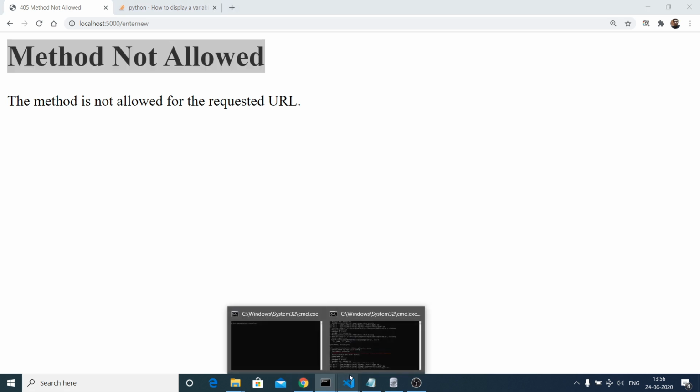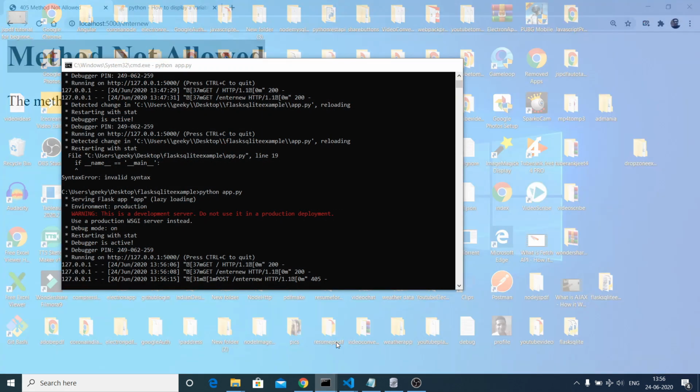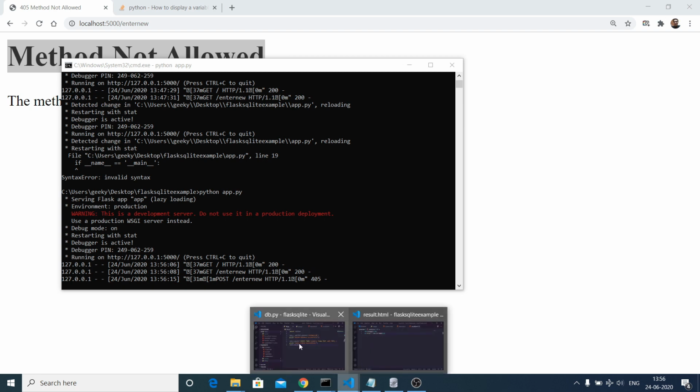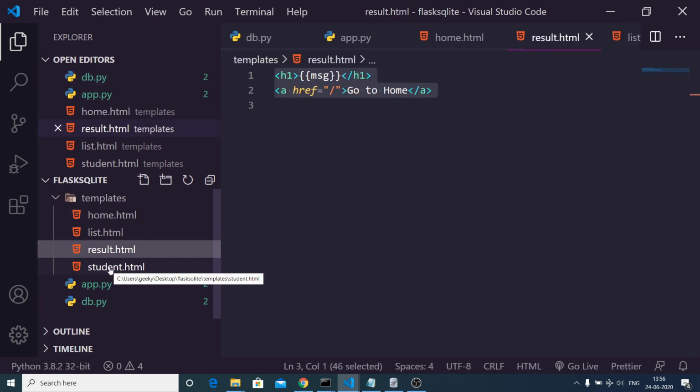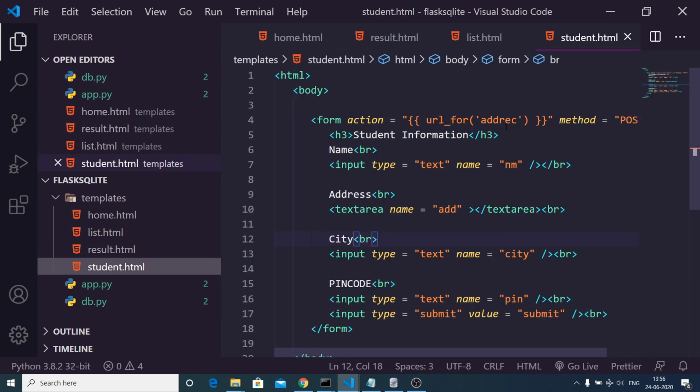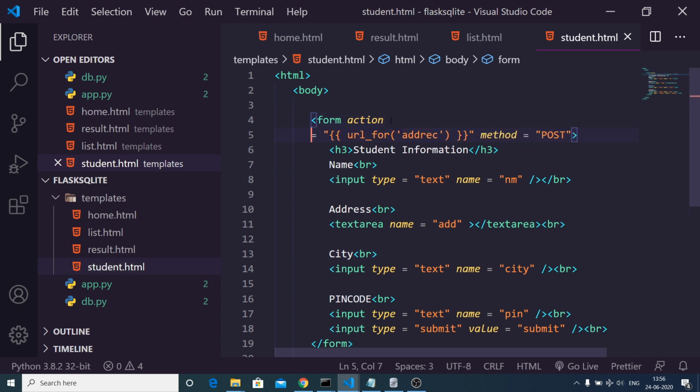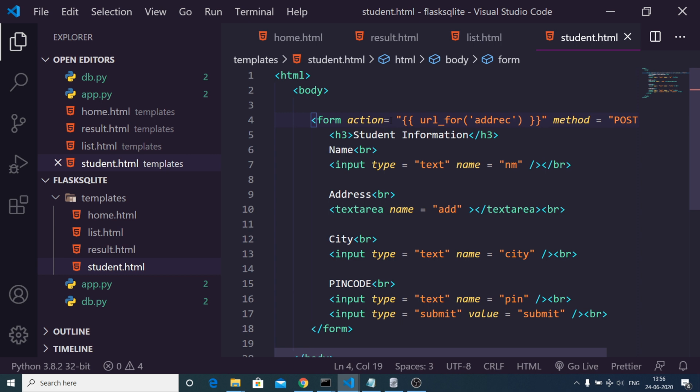Let me just see, guys. Let me just see inside our student.html. We have provided this property which is action URL for.